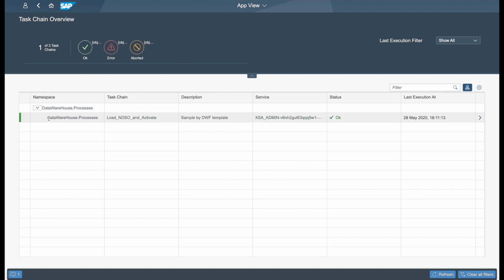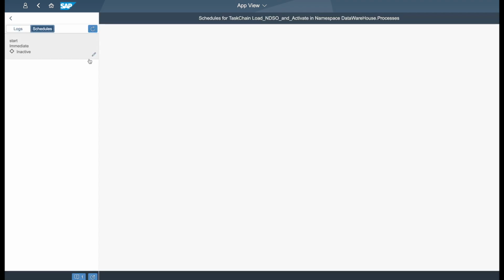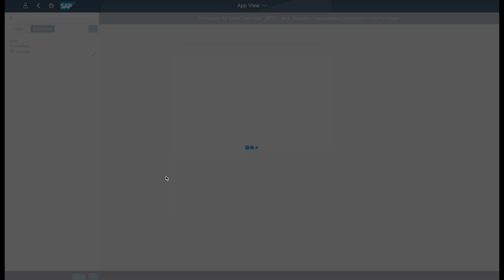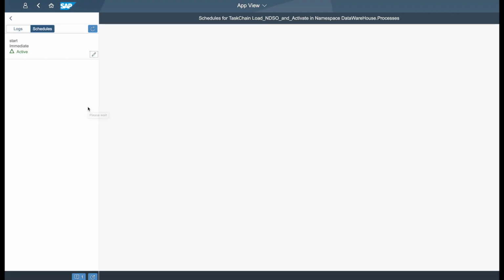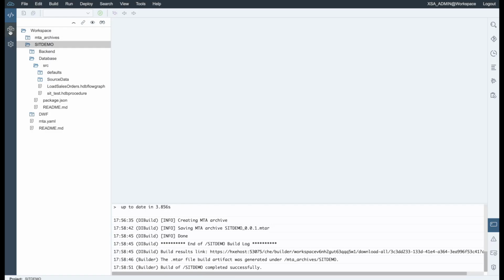Okay, as you see here we have our task chain. Let's click on it. Let's click on schedules, click on the pencil over there, active, confirm, and now as you can see the load is active, and you'll see the outcome over there when it will be done. Of course, if you want to see how this object is loaded, you should go to the database